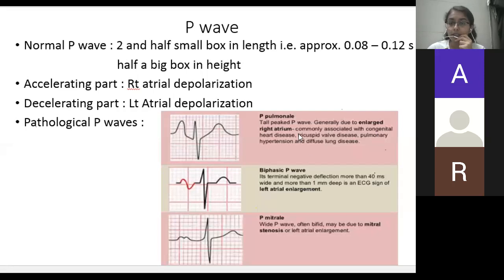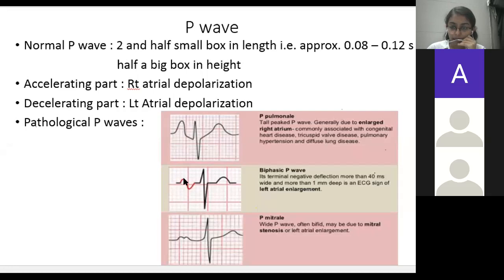So there is P pulmonale. P pulmonale is basically seen when the patients are suffering from pulmonary congestion. Because of pulmonary congestion, there is backflow to your right atrium where there is right atrial enlargement. And if the muscles of the heart are enlarged, they will be working more. The amplitude of the current generated by these muscles will be more, and that is why you'll see a larger deviation in the wave, and that is why you get a big pointy P wave, which is known as P pulmonale.